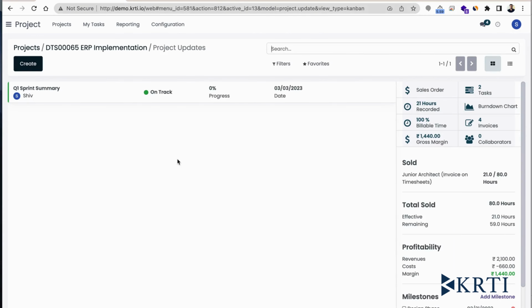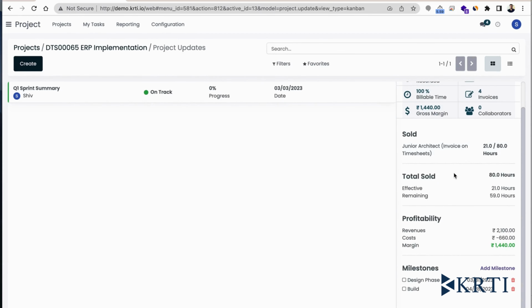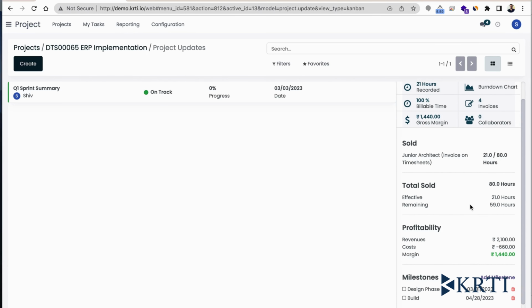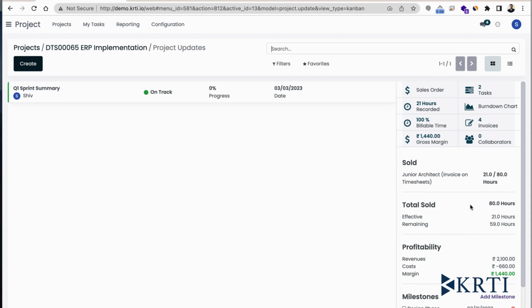So here is the project update status. So you can start creating what the updates look like at the exec level information, and then you can see there's a lot of direct information that's available: cost versus revenue versus profitable margins, how many hours has already been booked out of the already agreed amount, and then there's a number of things that you have as a single snapshot. So it's quite an intuitive tool, and